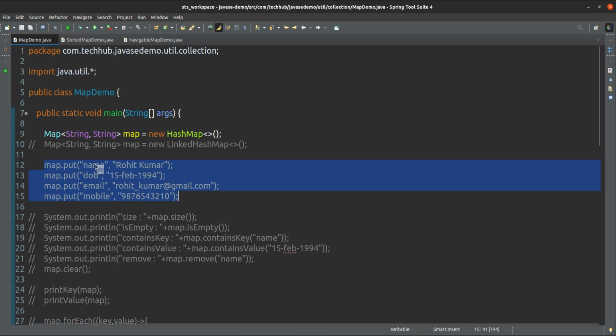One entry is name is Rohit Kumar, date of birth is 15 February 1994, email is this one, and this is the mobile number. This is some random number. I have taken just a random number. This is not any person's detail. Okay, so here